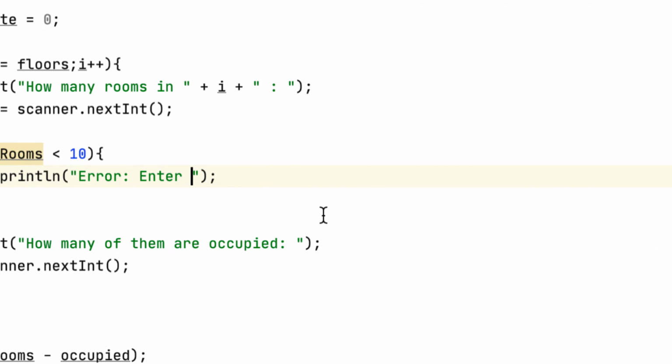Enter how many floors the hotel has. So the hotel has only one. How many rooms in one? Let's say 7. Error. Yeah, it catches it. 12. How many of them are occupied? 9. The program shows the correct